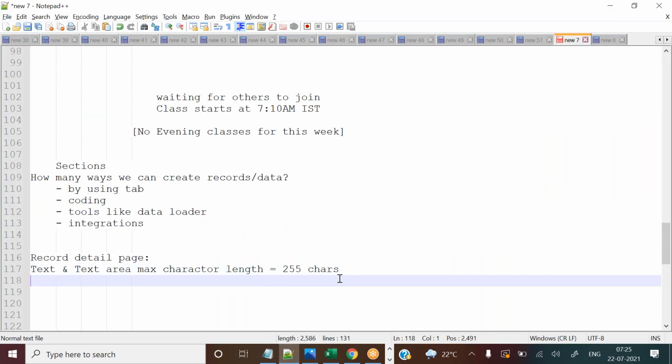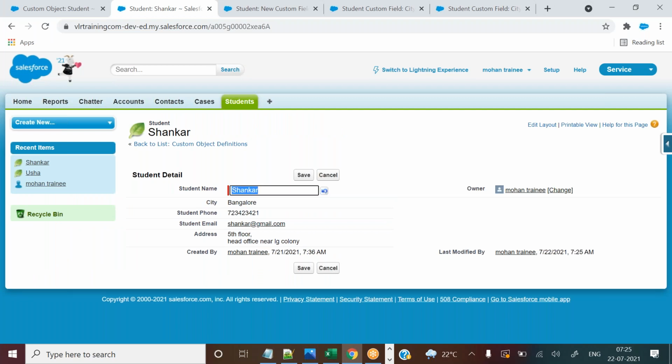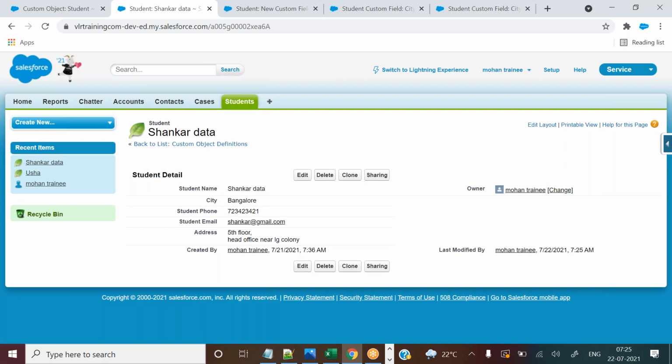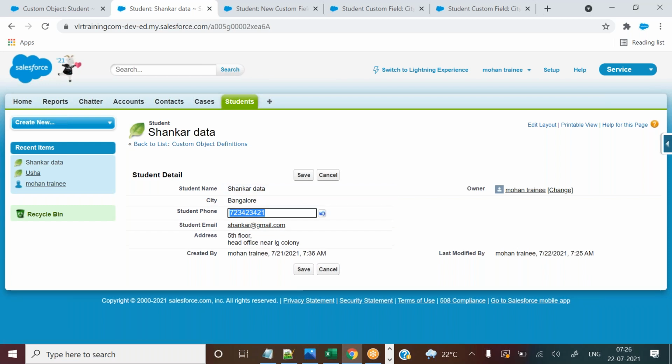So instead of using a button, it is inline editing, that means line by line editing. This is one line, think about this one. In that line, if you want, you can edit and modify it. You can modify city also. You can see the pencil symbol. Can you see? That means you are able to edit it. If you want, you can update the data like this.